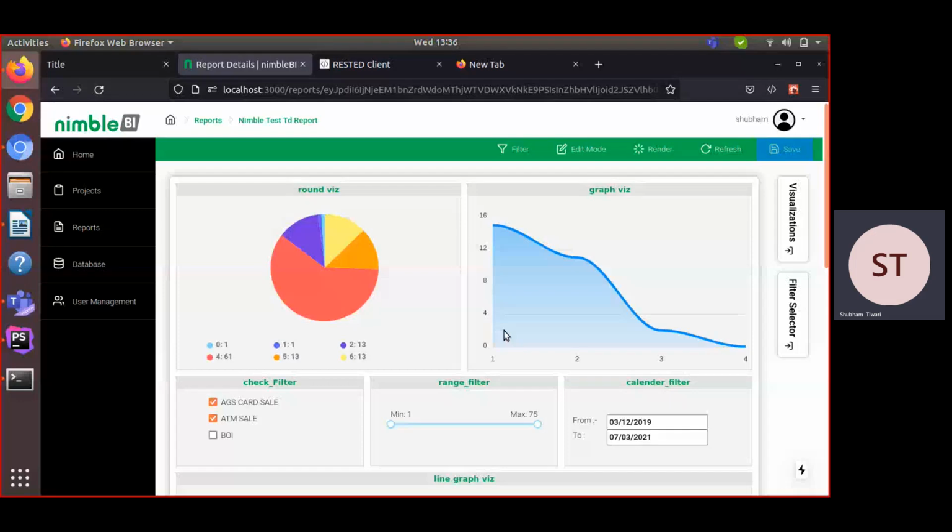In our all pervasive demo, we learned how we can use the Nimble BI application. But in this demo, we will learn how we can consume the Nimble BI Node API. When we create a visualization in the Nimble BI app, the main factor depends on the Nimble BI Node API, because after collecting JSON data, the app consumes the Nimble BI Node API.